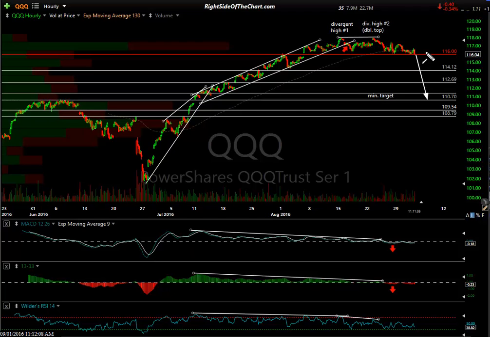But if you do that, you wait for maybe a 60-minute close, a solid 60-minute close below that 116 level, or an impulsive break. You can get in early if you see a breakdown and a lot of volume coming in and some impulsive selling, and we're more than just a few pennies below 116, especially if you have that confirmation on the SPY.